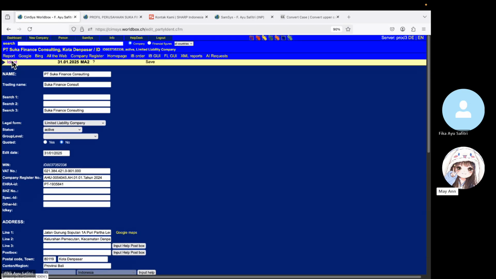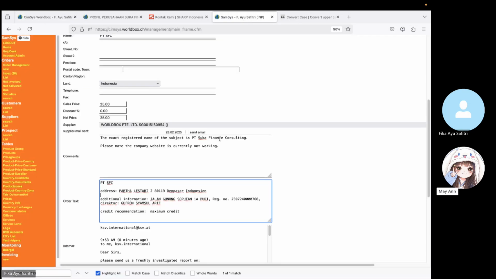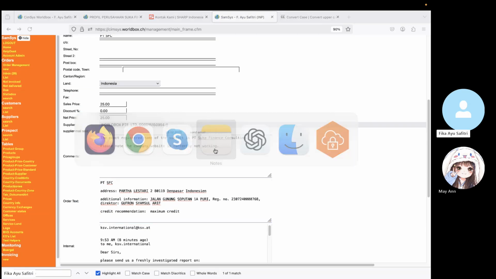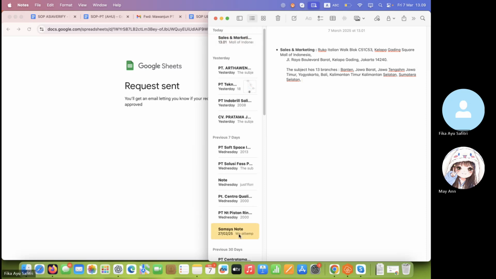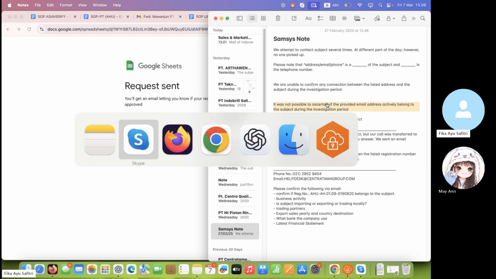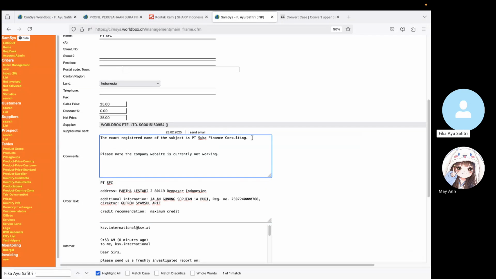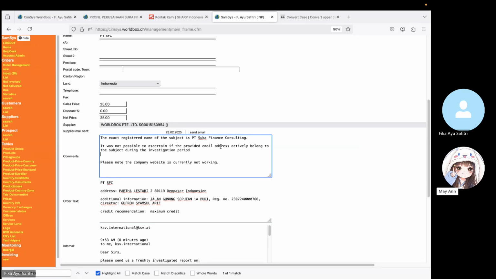So you can indicate that it was not possible to ascertain if the provided register number actively belonged to the subject during the investigation period. Oh, hold on. Just a moment. I have this note. It was not possible. Yes, that one.